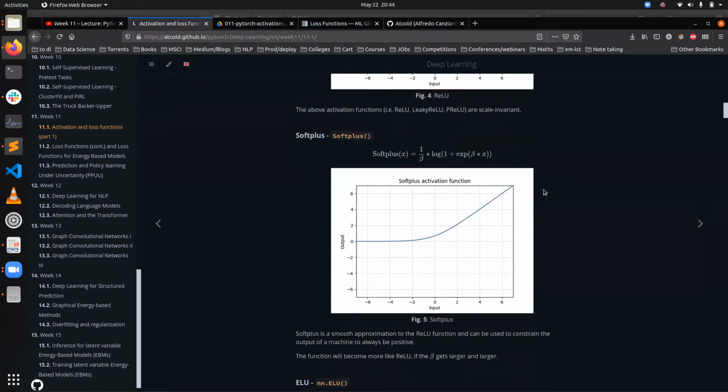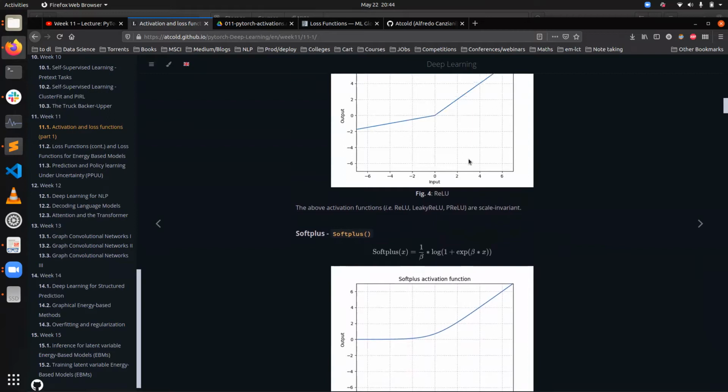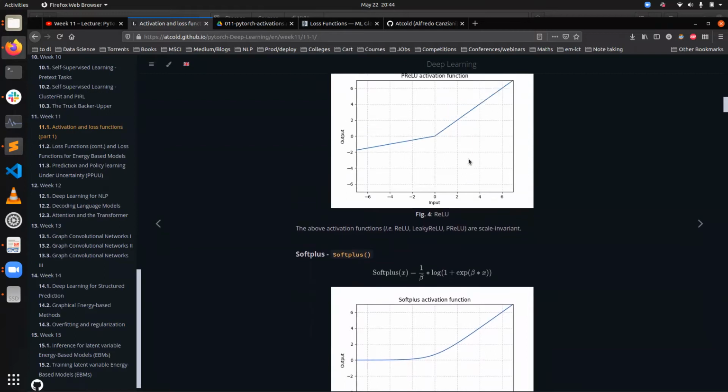One comment here, Gautam: I think late in the lecture he corrects himself, and it's sad they didn't fix it in the notes. It's scale equivariant, because scale invariant should technically mean that it doesn't change with scale, but that's not what happens. It does change with scale. It's just that the behavior of the network doesn't change. So at least in the lecture, he corrects himself to say it's scale equivariant. So I don't know, but it makes sense.